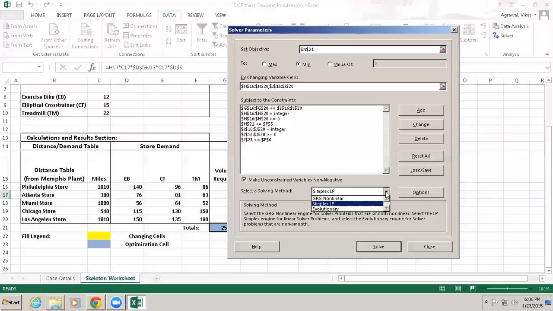So most of the time, if the problem is simple, they will find the right answer. I guess this is brute force, so this will always find the best possible answer. GRG nonlinear, I don't know. Evolutionary algorithm is a metaheuristic, so you might not find the optimal solution, but near optimal. Obviously, if the problem is small, you'll always find the optimal solution like this one. Okay, so we're just gonna stick to simplex LP here and hit the solve button here,